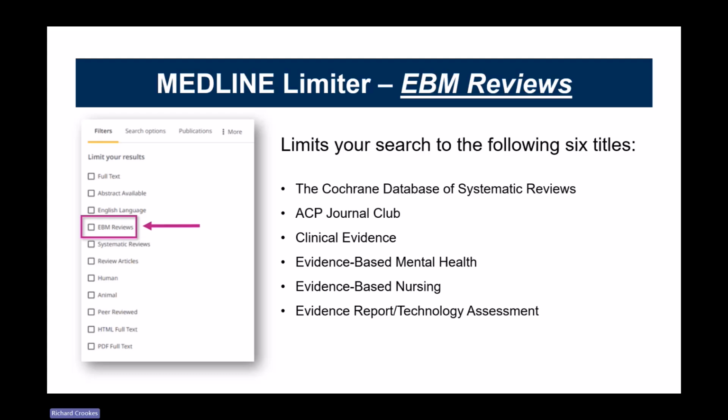So the Cochrane Database of Systematic Reviews, ACP Journal Club, Clinical Evidence, Evidence-Based Mental Health, Nursing, Evidence Reports, and Technology Assessments. Each of these sources applies very strict criteria to the inclusion of content. So again, when you limit according to these 6 titles, you're guaranteed to find high quality evidence in relation to